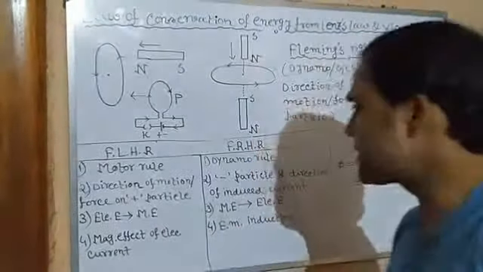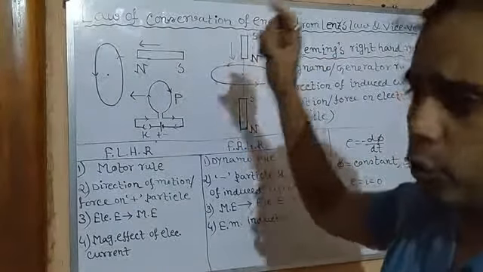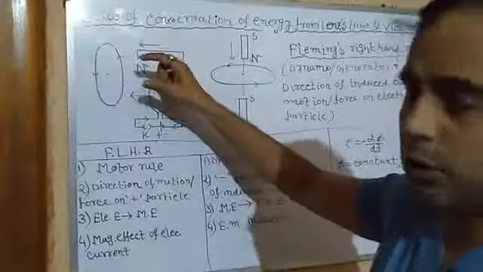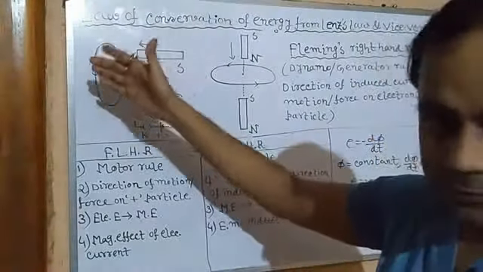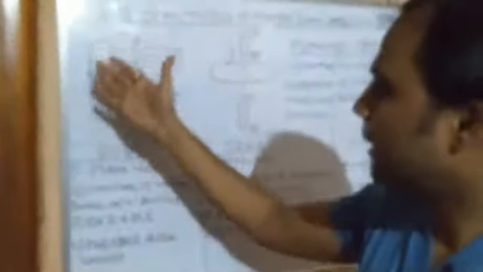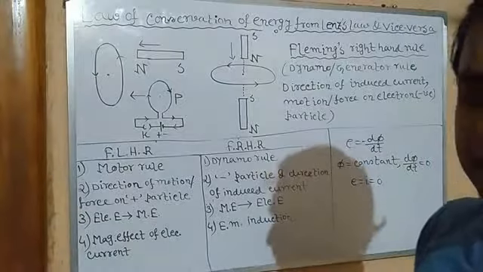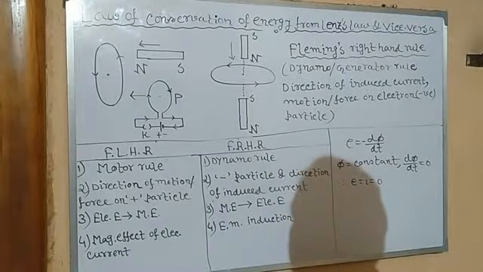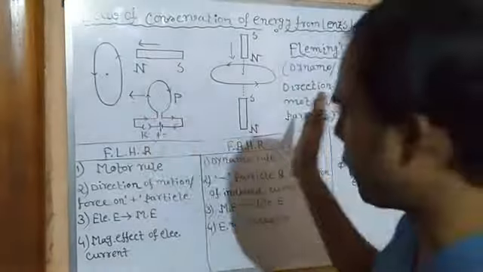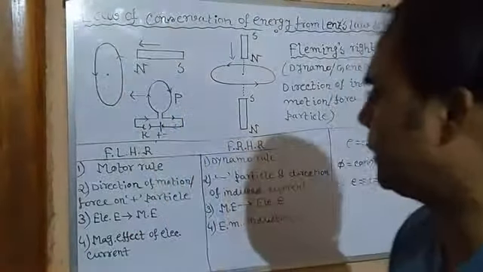So let's see. We have already learned that if a magnet, say the North Pole, is brought closer to a closed conductor or moved away from the conductor, in both cases a current is induced in that closed conductor or coil. A similar result is obtained if the experiment is done with a current carrying primary coil. If it is brought closer to the secondary coil or moved away, the same result is obtained. That is, in both cases an induced current is obtained in the closed coil.